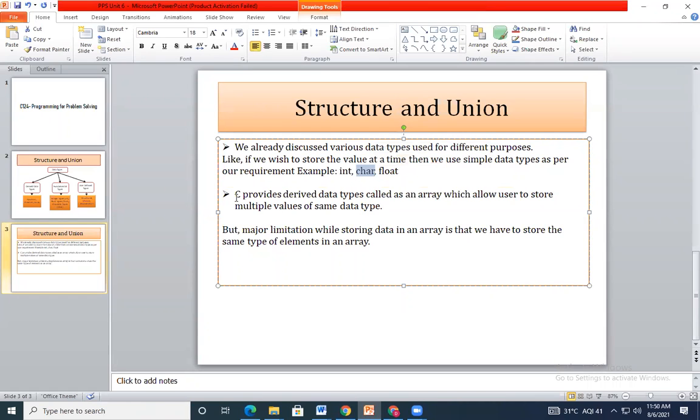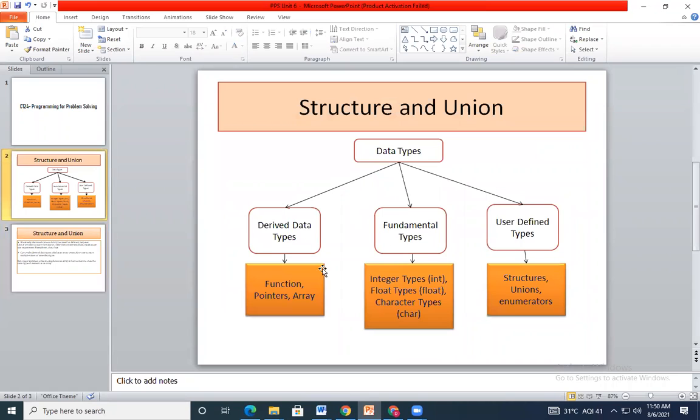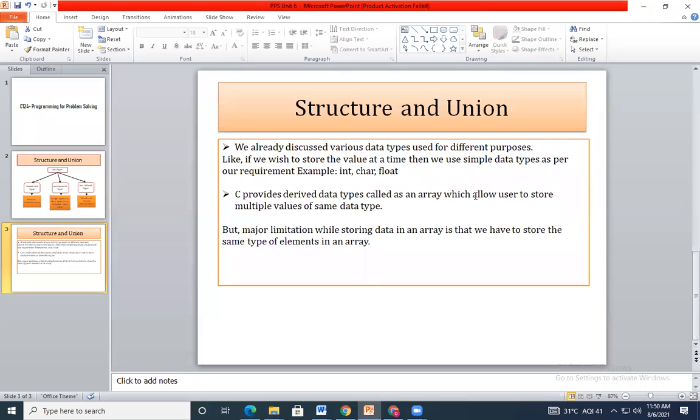C provides a derived data type called an array. In the diagram, this is the basic types, and here is the derived data type, the array, which allows the user to store multiple values. For integer, character and float, only one value can be stored for the declared variable. But in the array, we can store multiple values for the same array variable.